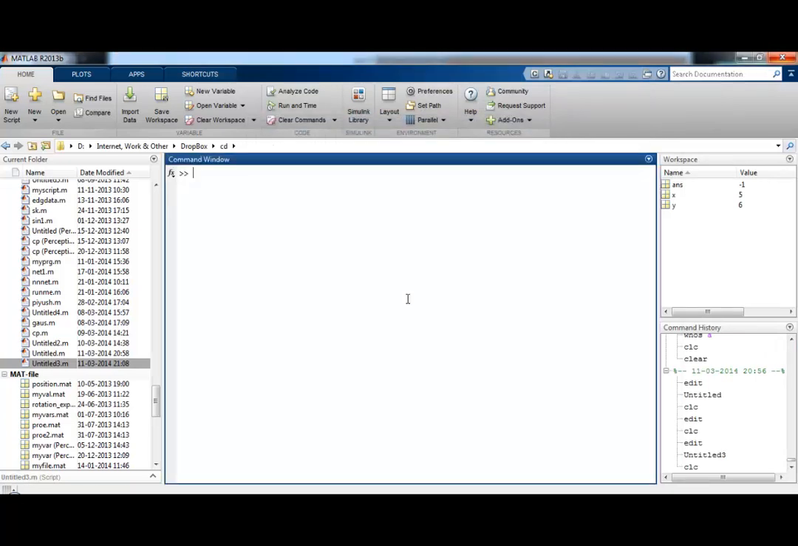Okay, so before defining the function file, there are some concepts which you should know about the function file. So first thing is, what is the input argument and what is the output argument in case of a function. Okay,